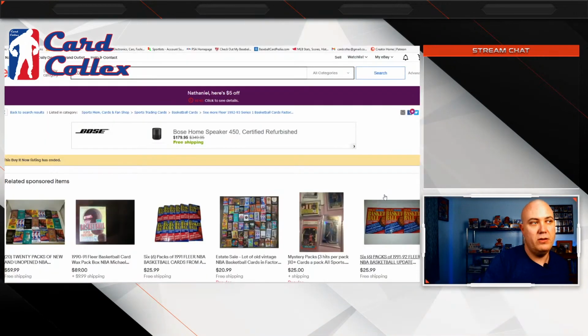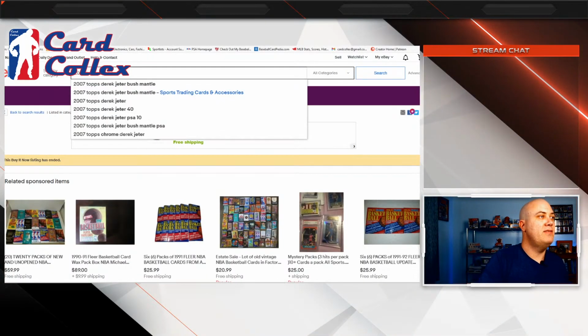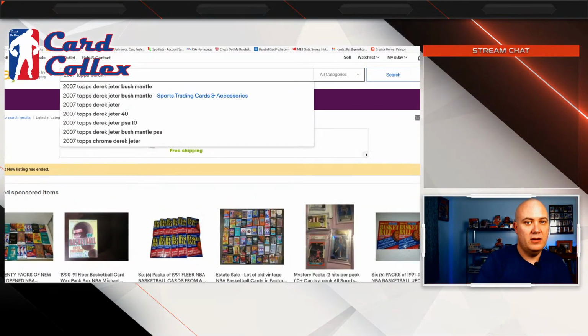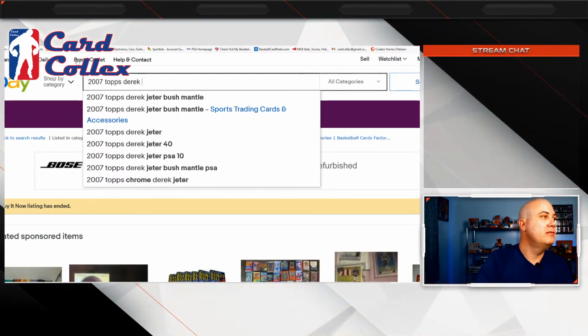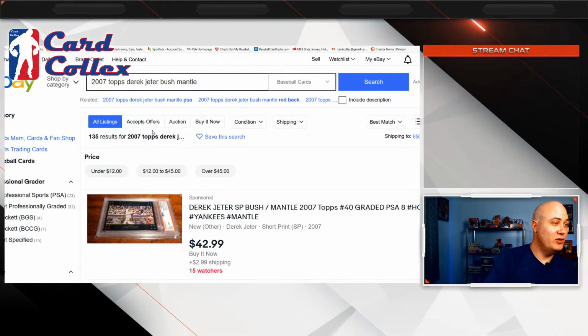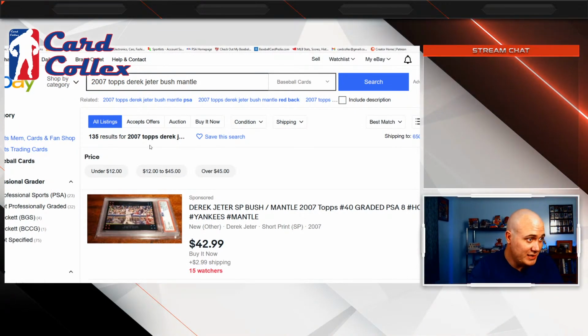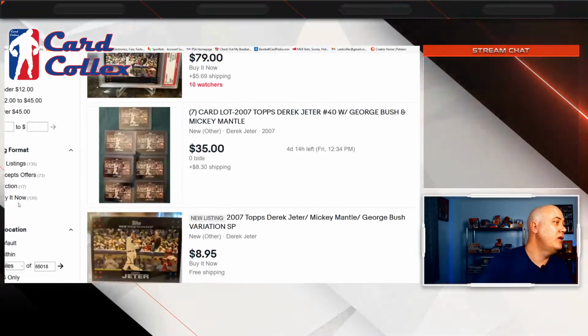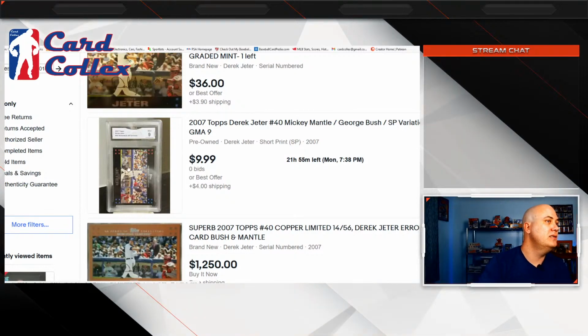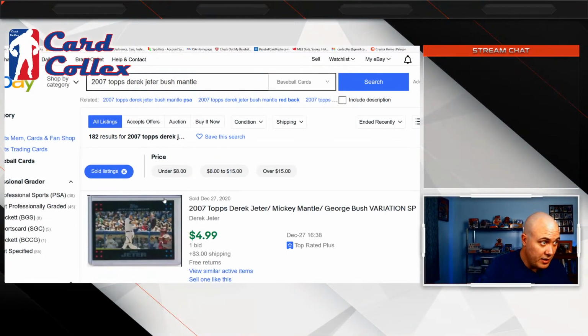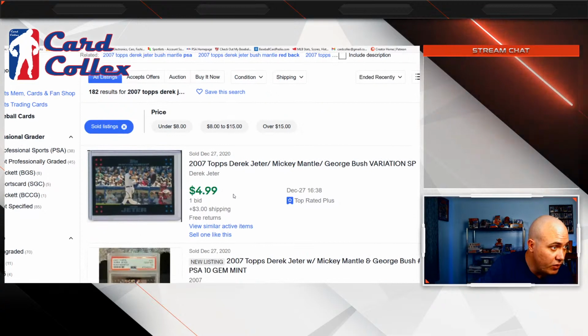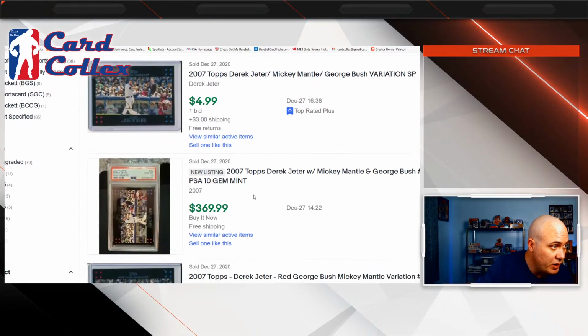Here, let me show y'all. 2007 Topps Derek Jeter Bush Mantle. So that's a pretty good search term. PSA 8. We want to go for sold listings. So $5 raw plus $3 shipping, $8 raw.